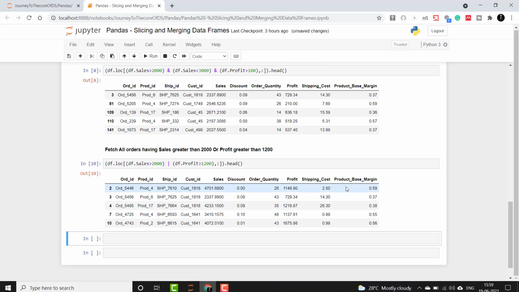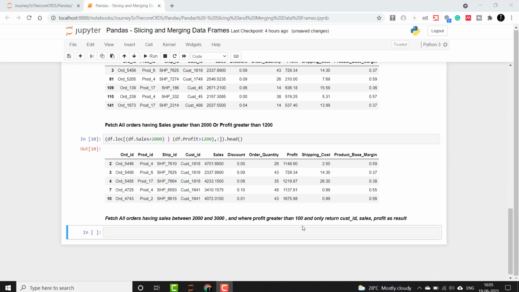Okay, so here you will see that all the sales values will either be greater than 2000 or the profit will be greater than 1200. Either one of them will be true. So here if you see at the first record, both the conditions are satisfied. In the second row, only the sales condition, that is greater than 2000, is satisfied, but this one is not true. Even though it is not true, with an OR we can say that it will be returned. Okay, because that is an OR condition, and likewise you can check.